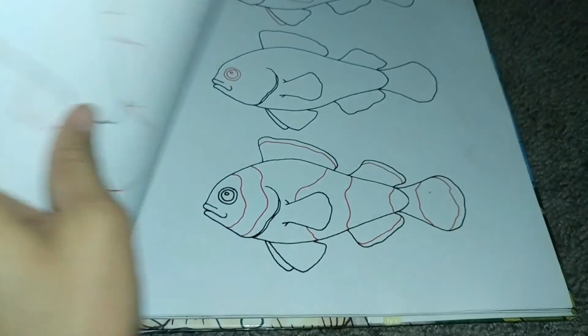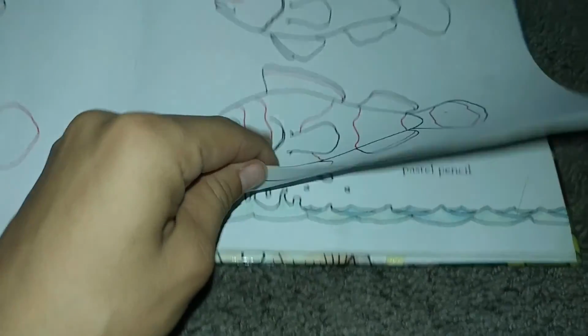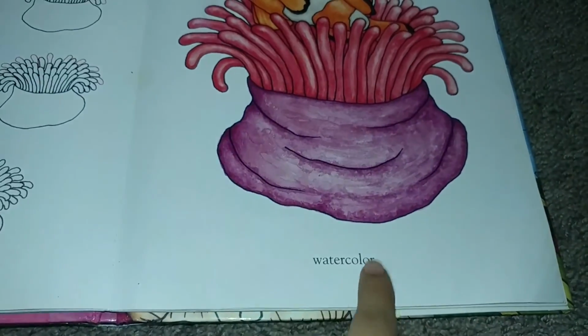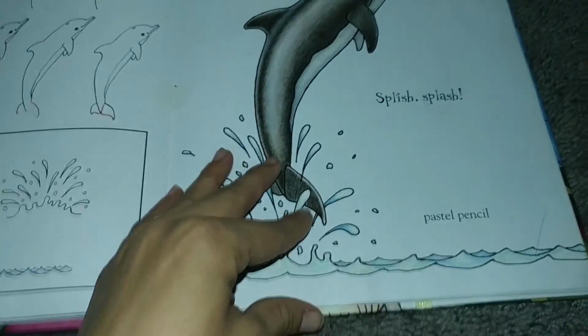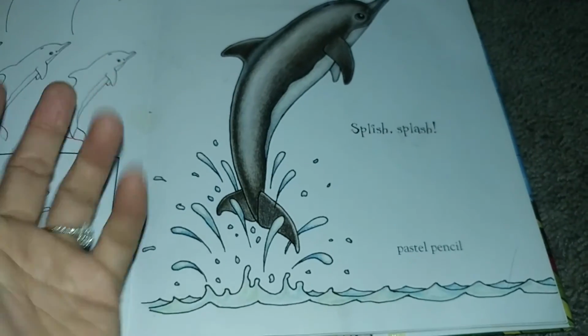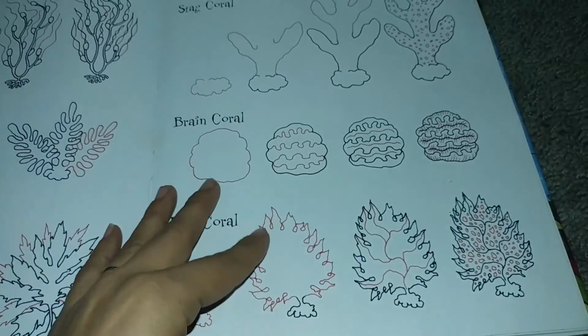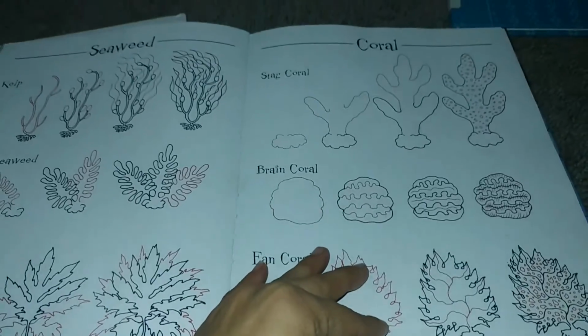So we did use colored pencils that day with it. And then on the clownfish and the anemone here, we used watercolor. So I did like that. Every day we used a different thing of what we had, of course. Like I don't have any pastel pencils, so for that one we just use regular matte pencils. But it gives you a great view of what you can do with different